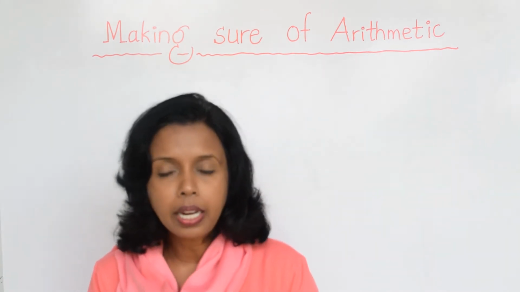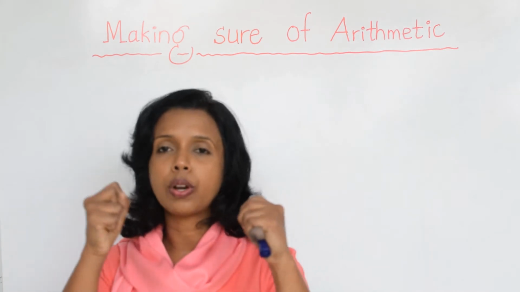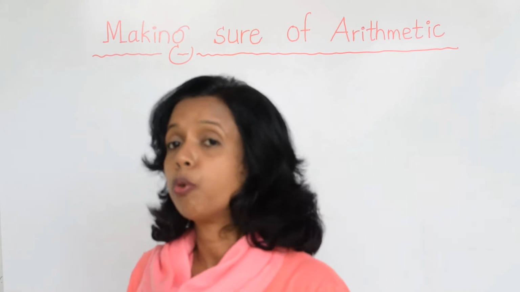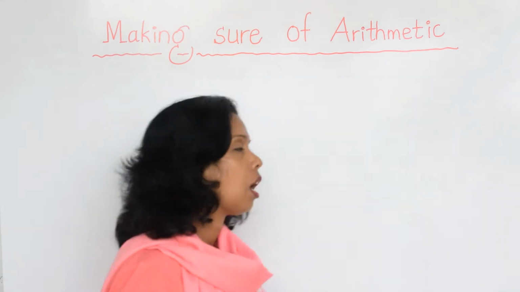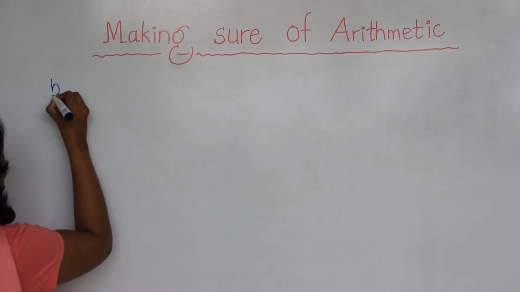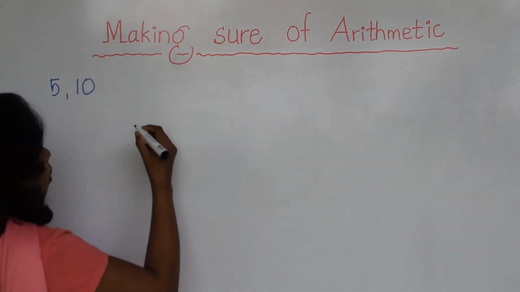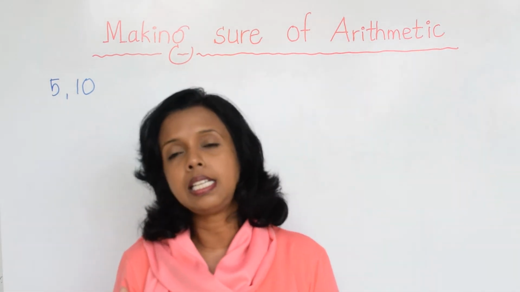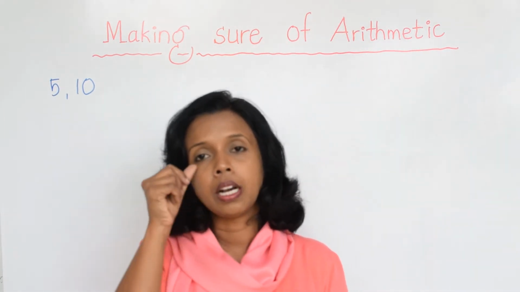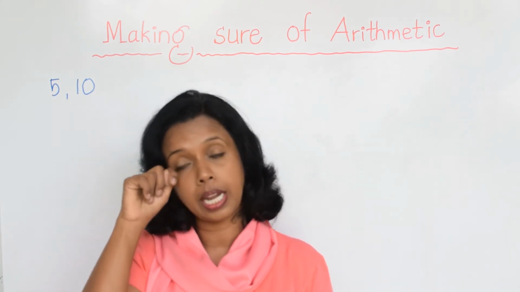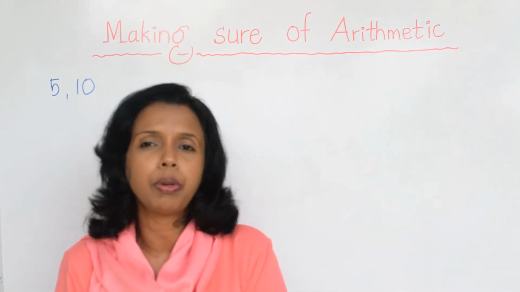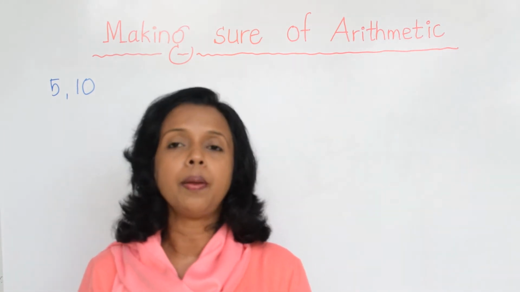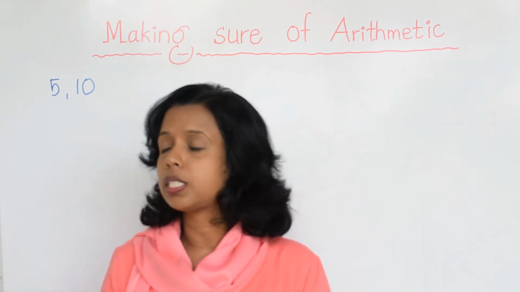Now, after finding the multiples, we can find the common multiples, then we can find the lowest common multiple for both 5 and 10. Another thing I want to mention, I don't know which method you have followed in your lower grades. To find the LCM, there are two methods, right? First method and second method. You can choose either one, but I prefer the second one. I'll explain why I don't like the first one. First of all, I'll explain the first one.